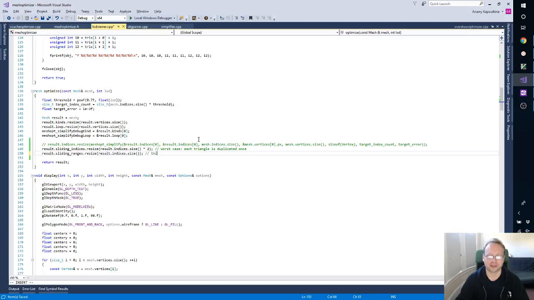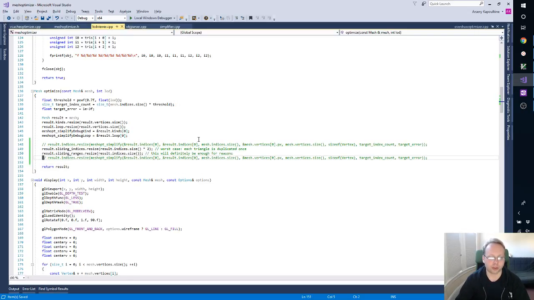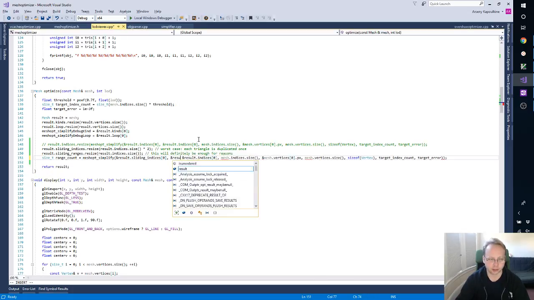This will definitely be enough for reasons. And then instead of doing what we were doing before, we'll say here's the indices, here's the ranges, and